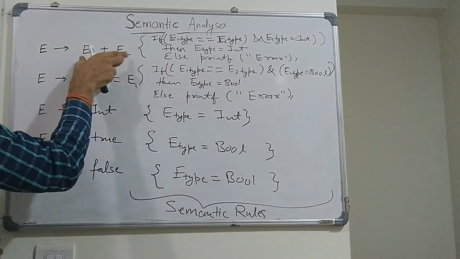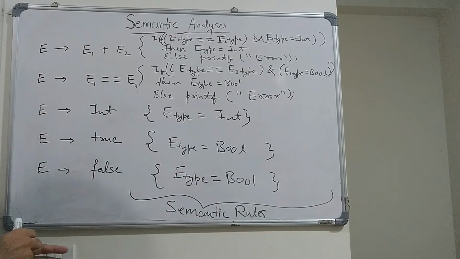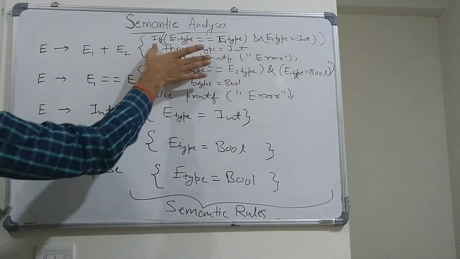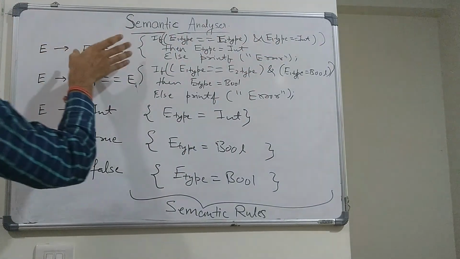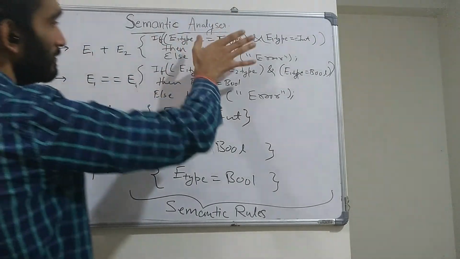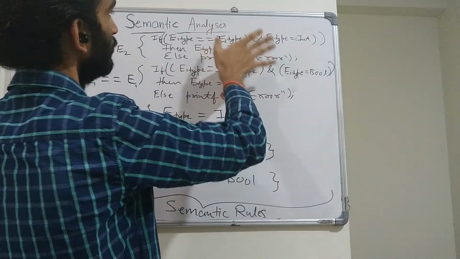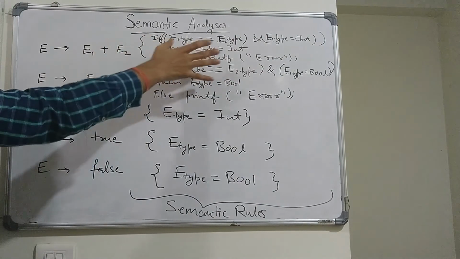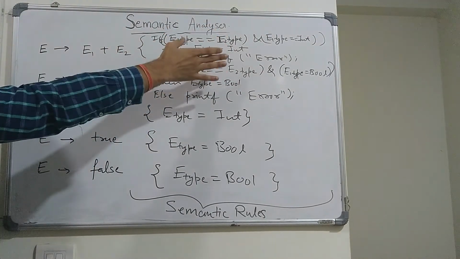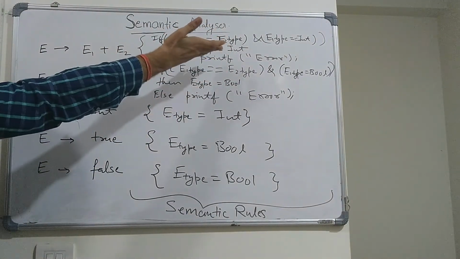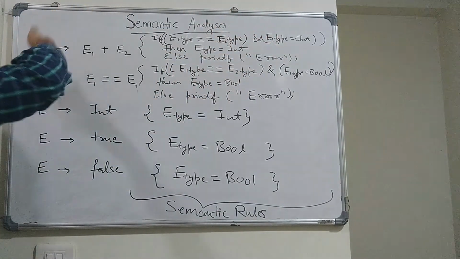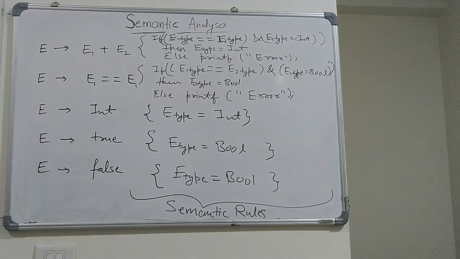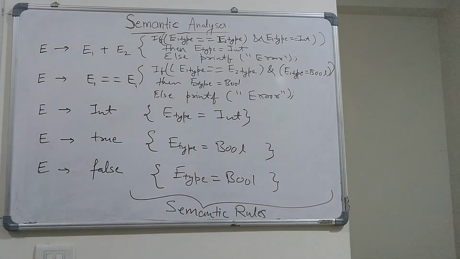But this part which is being implemented here is executed with the same production. Like if this is the reduce action, right? Whenever this is going to be reduced, this action is performed simultaneously, right? So this is going to be checked first, whether this rule is verified or not. If this rule is not verified, then it is going to print an error message, or if it is right, then it is going to continue. Right, so this is the kind of information.